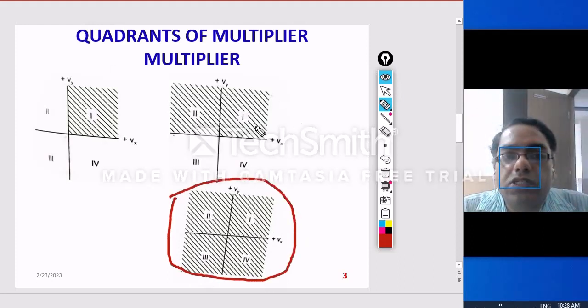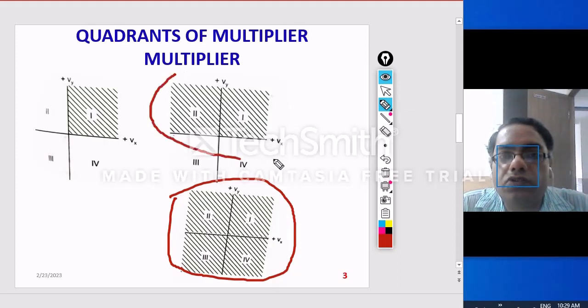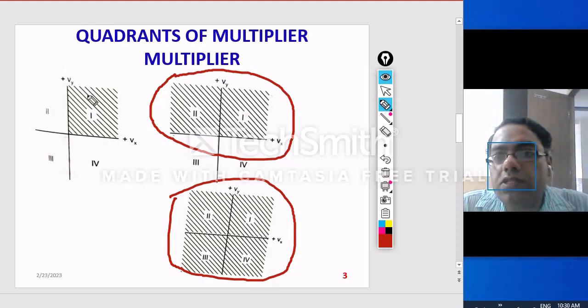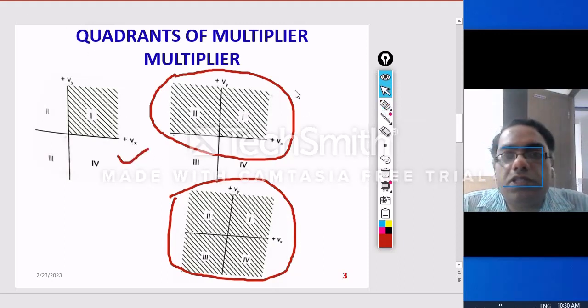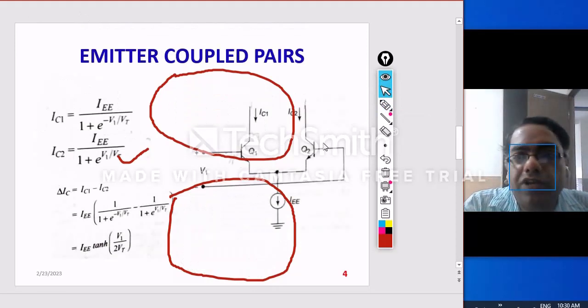But if one of the voltages, say here you can see Vx can change between positive to negative, but for Vy only positive value is allowed, it is a 2-quadrant operation because y can have only one value. Positive is allowed, whereas x can have positive to negative. Whereas here, it is a single quadrant operation because x and y can have only positive values. Negative values are not allowed here. So these are the different quadrants of operation of an analog multiplier.